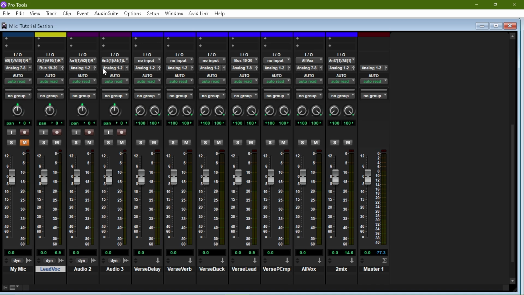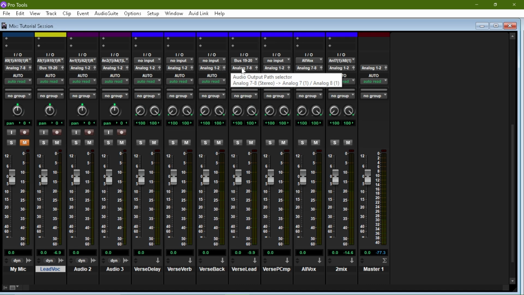So that's what's going on here, is that it's coming out of the lead vocal, and then bus 19 and 20 is coming in right here, which is bringing that back in internally, and then it's going out to analog 7 and 8, which is right here and then to here, right? It's coming out to all Vox,